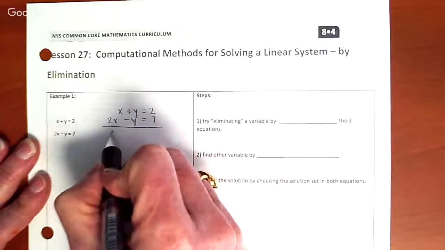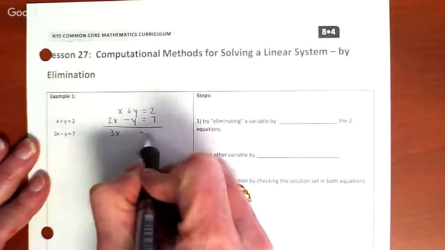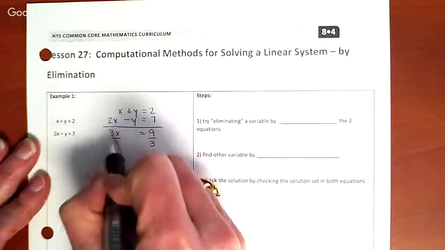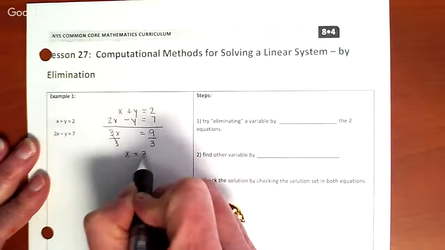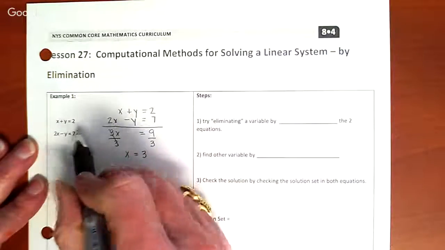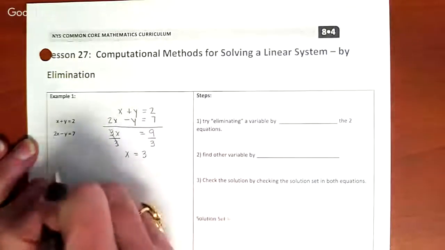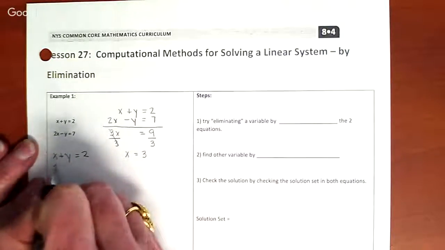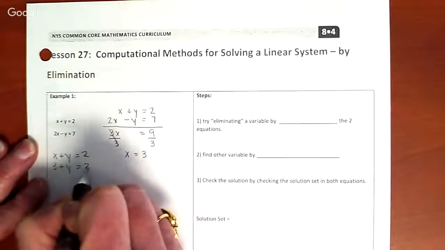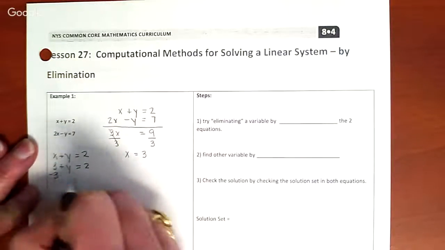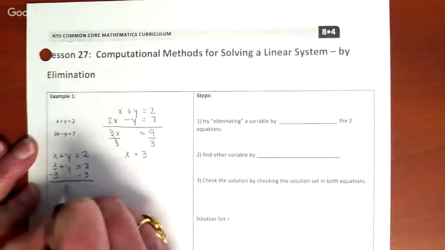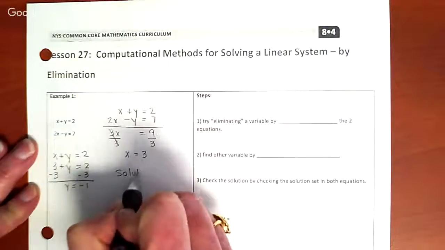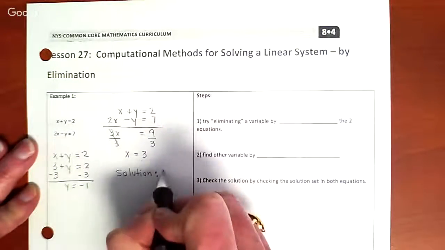So I have 3x equals 9. I can divide both sides by 3, and x equals 3. Then I'm going to substitute this into one of the equations. In x plus y equals 2, I substitute for x. So 3 plus y equals 2. Subtract 3 from both sides, and y equals -1. So my solution will be 3,